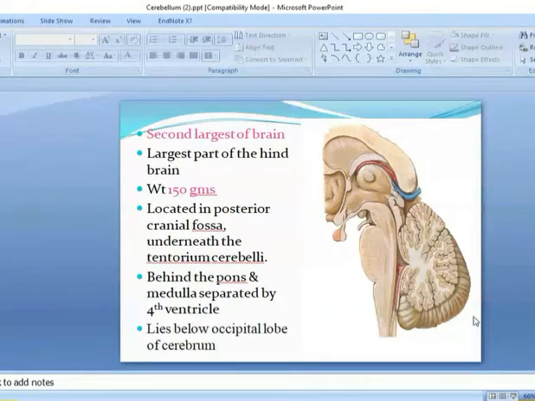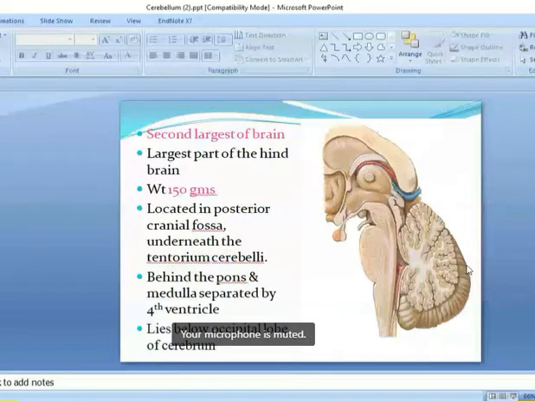So white matter entering in the cerebellar folia resembles the arbor vitae, the tree of life. When you enter the gate, behind the right side of the NMC gate, you can see this tree, just like tree-like appearance. So cerebellum is also known as arbor vitae cerebelli. Okay, because of this tree-like resemblance. Okay, how is it forming? Because medullary core white matter is entering inside the cortical gray matter. So this tree-like arbor vitae appearance is formed.